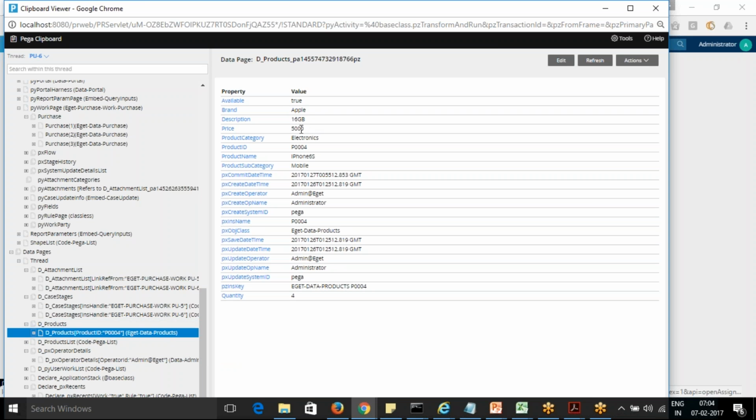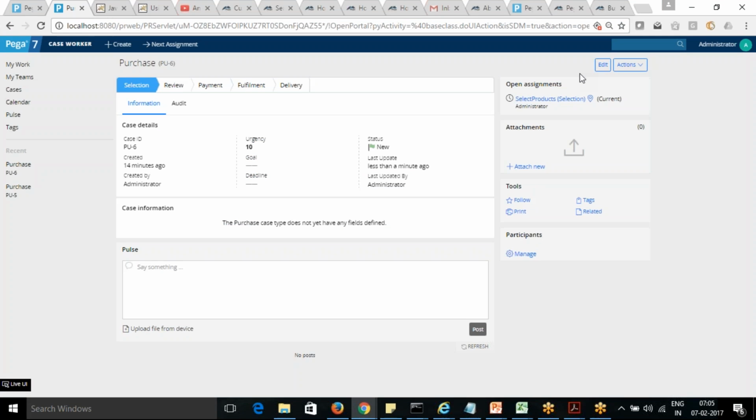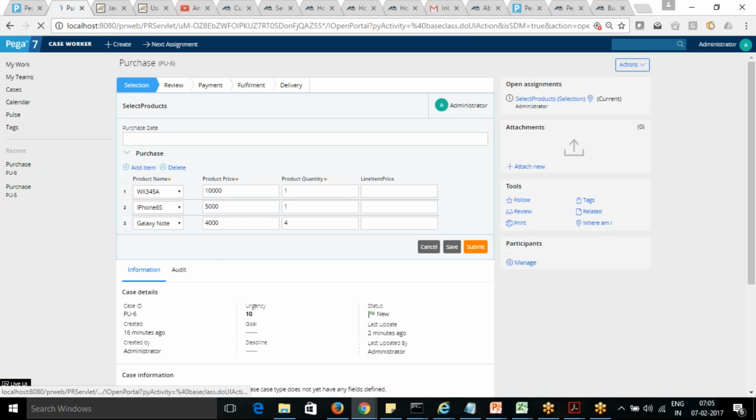That's the 5,000 price of that. The same value should be populated here, but currently I'm missing something somewhere, so it's not populating the values perfectly. So this is 5,000. Is it coming from there or not? I'm not sure. I need to check that one.